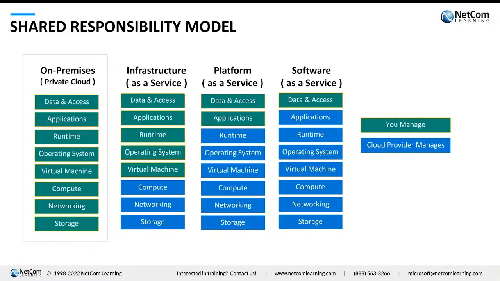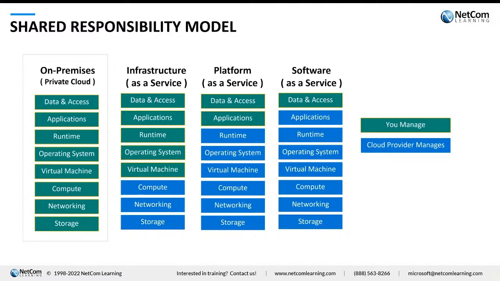When we move to infrastructure as a service, you'll notice now that the bottom three layers, the computing infrastructure, the networking infrastructure, and the storage infrastructure, are now the responsibility of Microsoft. They're not my responsibility anymore because I no longer have direct access to those resources, because they are not physically located in my location. I am responsible for the data and accessing that data, the applications, any runtime executables, the virtual operating systems, and the virtual machines that they're running on. So I'm still responsible for making sure that those classical admin tasks are completed for people to be able to access resources.